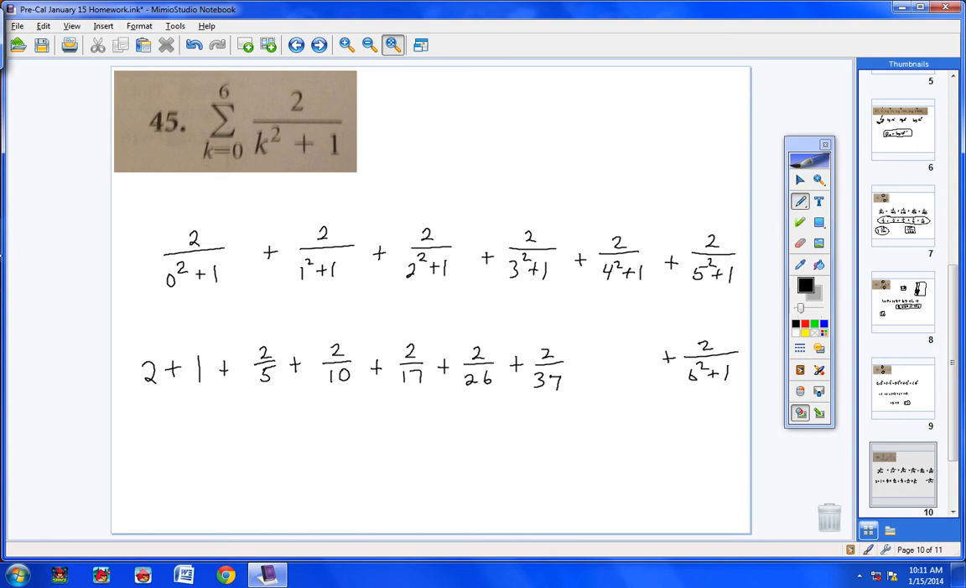Let me check this real quick. 2 plus 1 plus 2 fifths plus 2 tenths plus 2 17ths plus 2 26 sevenths, and I'm getting out, I hope I did this correctly, it's not giving me a fraction for some reason when I hit math enter. So some fractions are so big it won't do that for you. So in this case I would let you have a decimal. Now if yours is giving you a fraction, that's fine, but